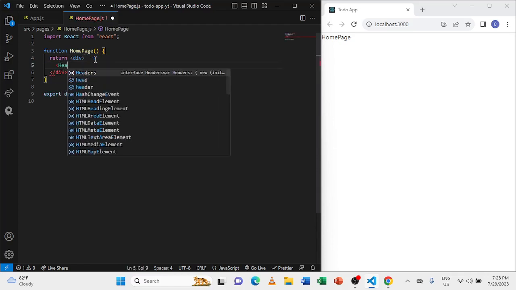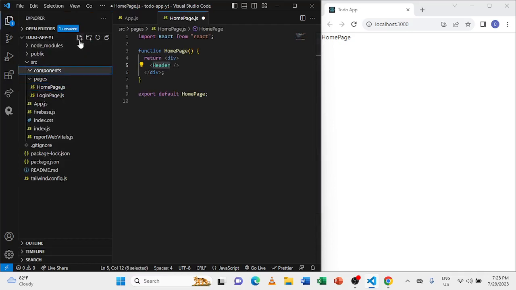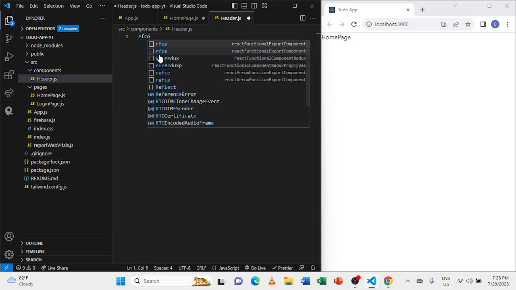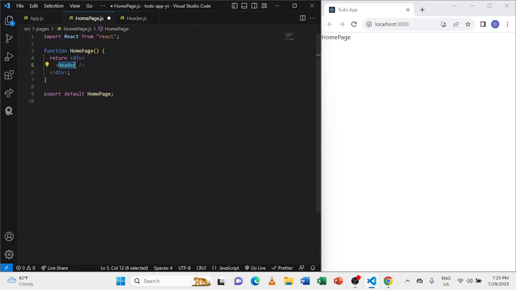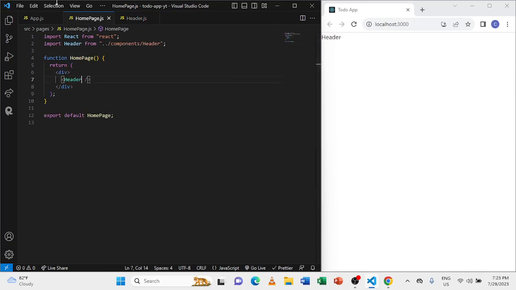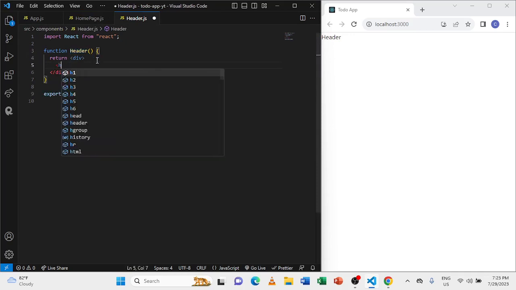So here I can create a header component, and go inside my components folder and create a header.js, and again use this RFC snippet. So that's the header created, and I can import that from there, and I now show the header. So my header will also be very simple. It will have an H1 saying my to-dos,